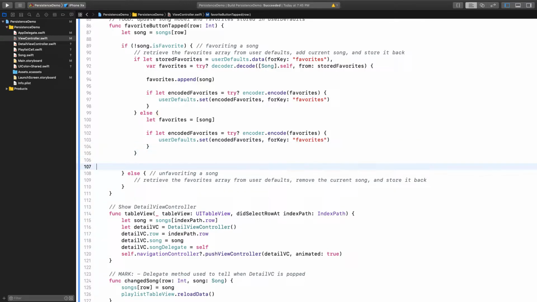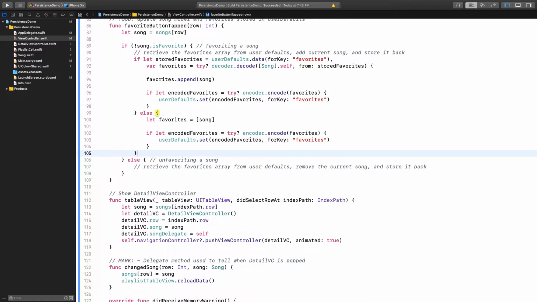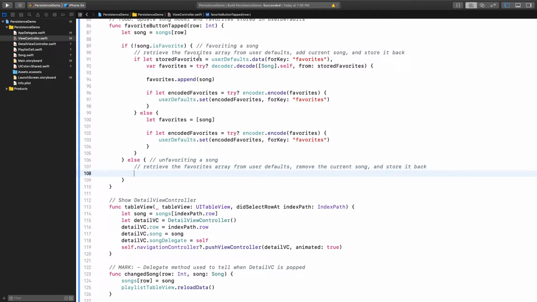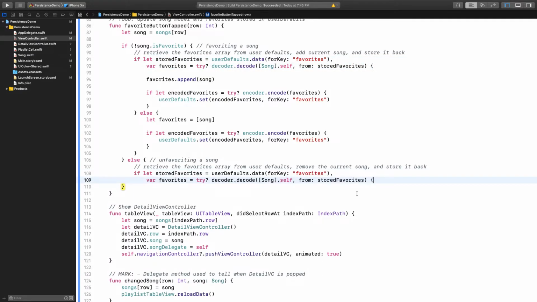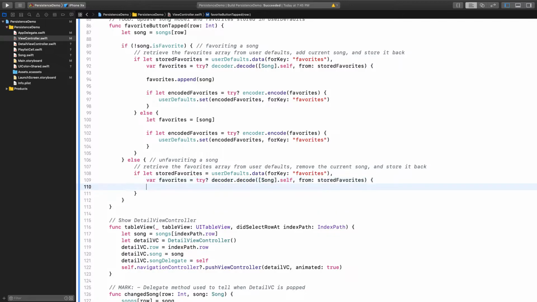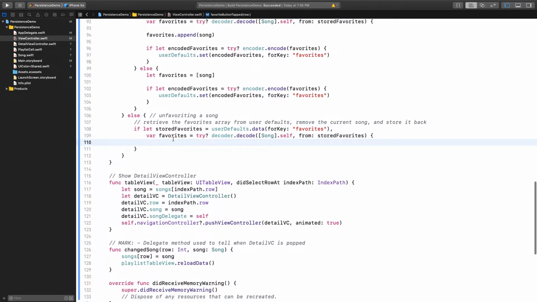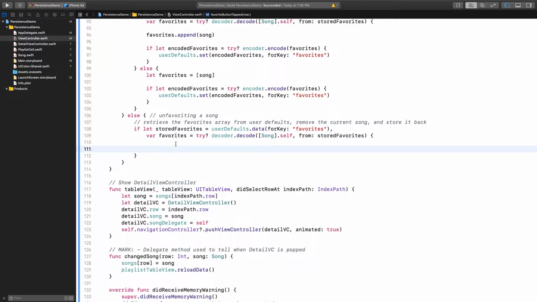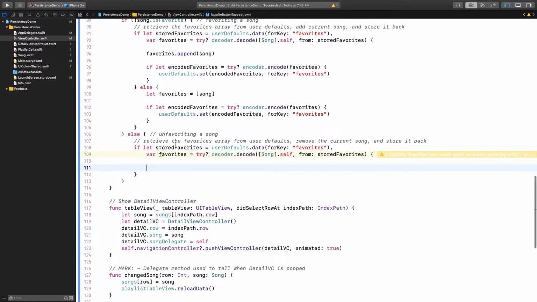And then we have the opposite case in which we're unfavoriting a song. So it's almost the exact same process, except instead of adding a song, we want to remove a song. So we can do the same logic with if let stored favorites up here. And then so far we've retrieved our favorites from user defaults, and now we want to remove this object. So if we do favorites.remove,